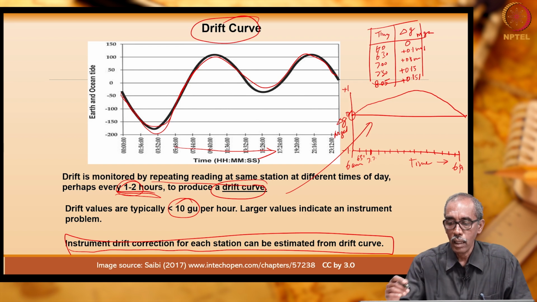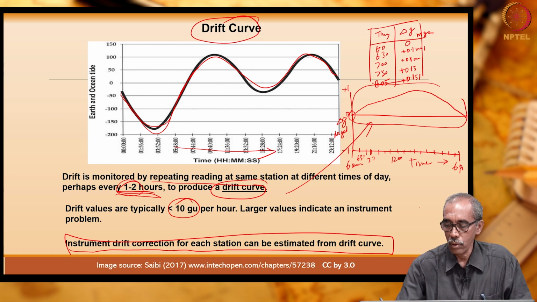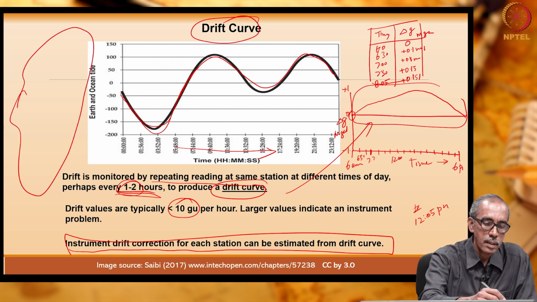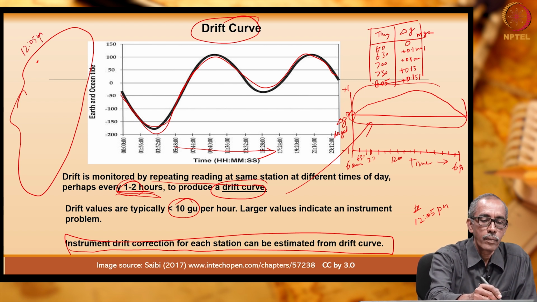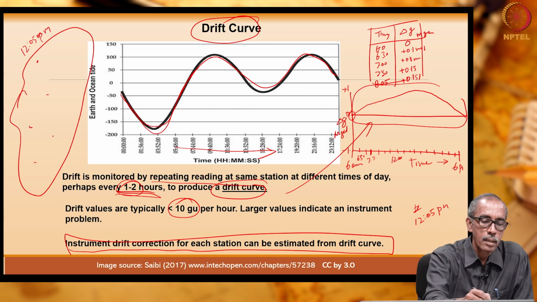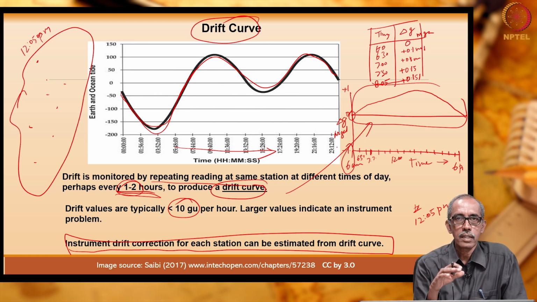How do you achieve that? You have the drift curve. Imagine this is 12 noon, right? At 12 noon or 12:05 PM, you were at one station. This is your steady site, this is your gravity station. Here you have made the measurement at 12:05 PM, right. Now, we decided to convert all the readings as if they were taken at 6 AM, because 6 AM we are going to fix as our reference time.